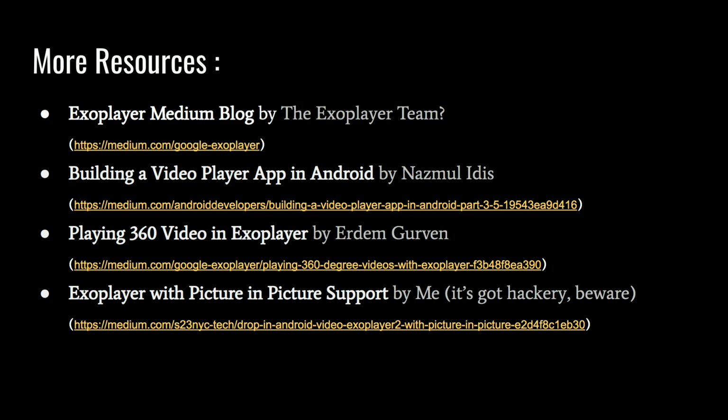Playing 360 video and stereo video by Erdem Gervin. So if you wanted to do some VR stuff, it's really simple, as well as 360 objects. And I had one that has picture-in-picture support with some extra hackery so that you can make picture-in-picture do stuff that it wasn't meant to do. But it works, so